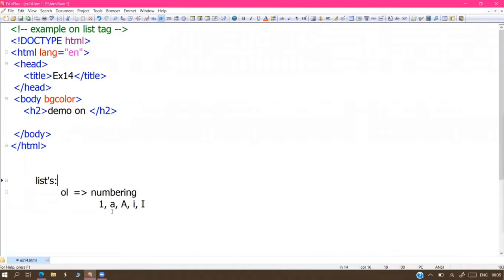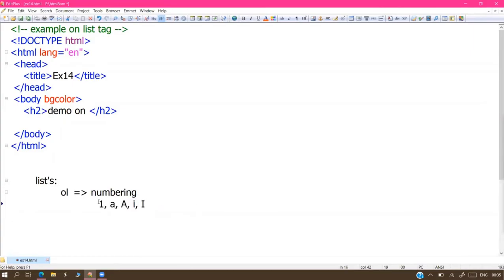So we have the chance for 5 types of numbering: the normal numeric format, small alphabets, capital alphabets, small Roman numbers, and capital Roman numbers. So in total, 5 varieties of numbering we can produce.